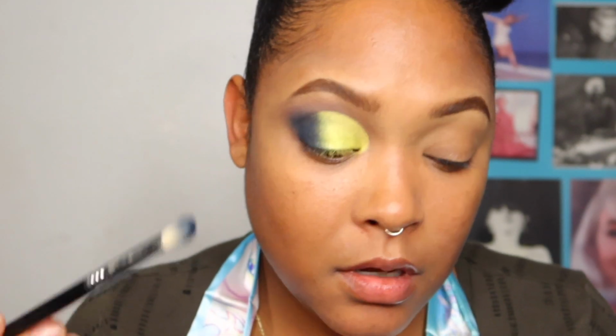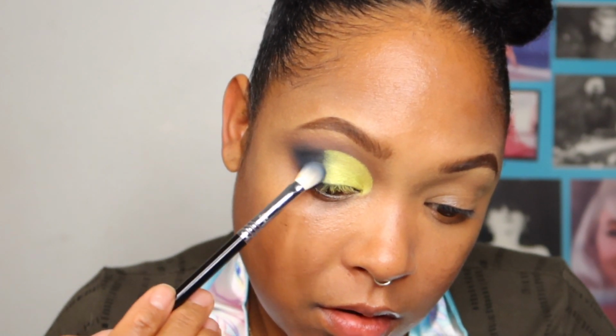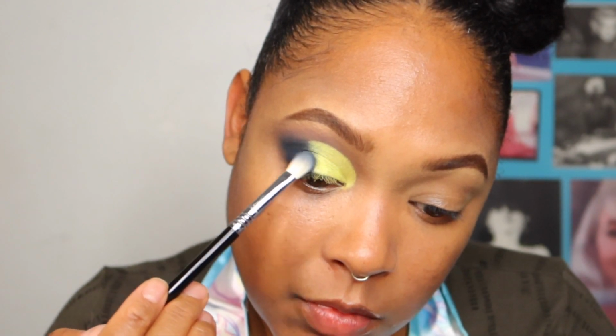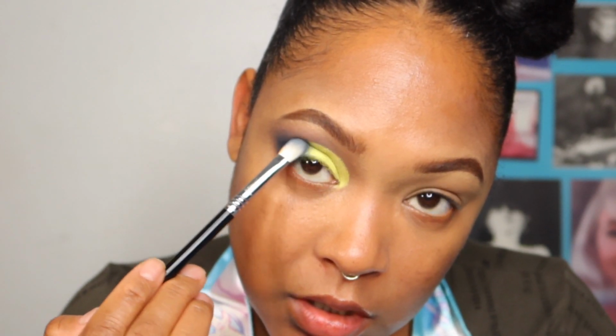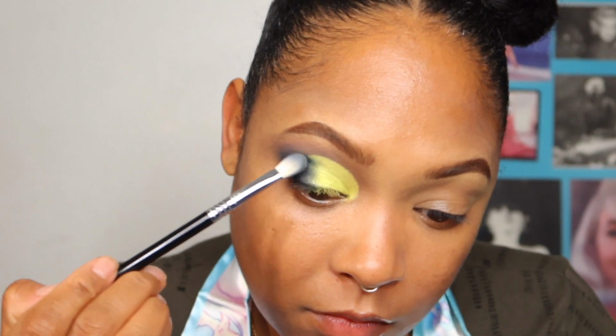Yes. Then I'm going to take the blue again. I kind of got a little concealer on here, and just blend that out. Little small motions here, just to blend those two colors together. Wow, that color is fire. Like yesterday's color was fire because it was also kind of red, but in pink and stuff. But this,